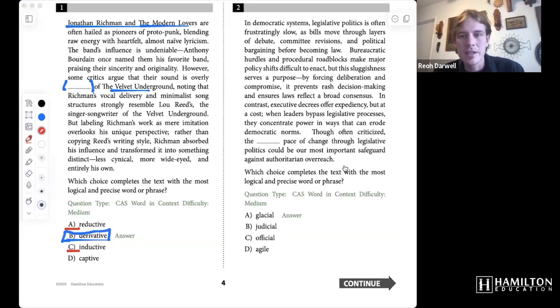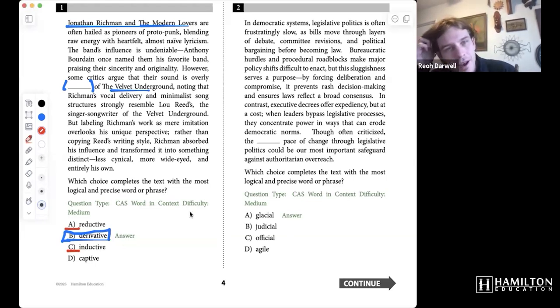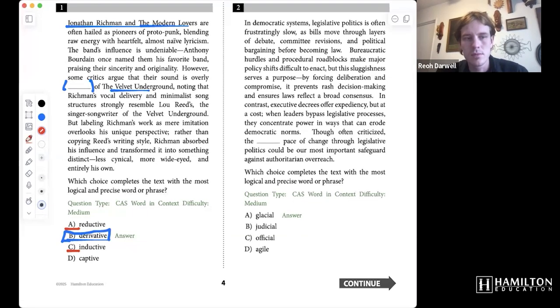Inductive reasoning is basically when you look at specific situations, and then from that you make kind of like a bigger law. So you look at all sorts of stuff, and then you say,